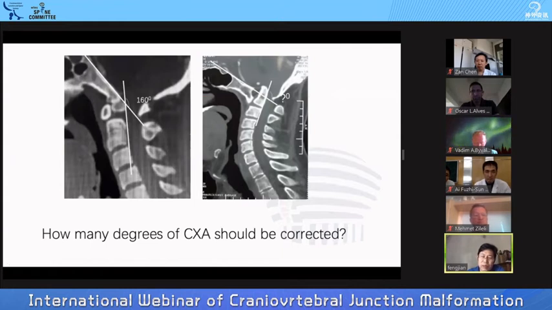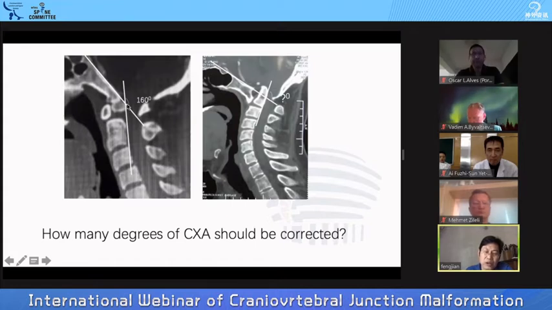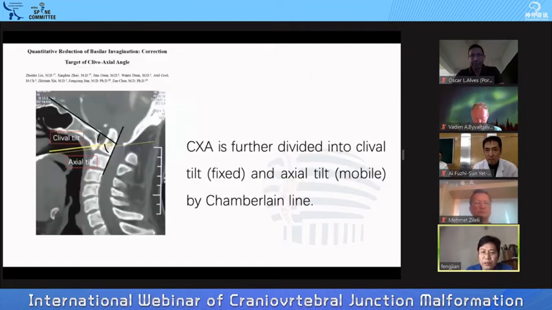But the question still remains, how many degrees of clival axial angle should be corrected in patients of basilar invagination? Of course, we can correct this angle to 160 degrees as the value of a normal individual. But what about for the patient of basilar invagination? Because there's a congenital anomaly. Is it always 160 degrees? Is it random? So we did